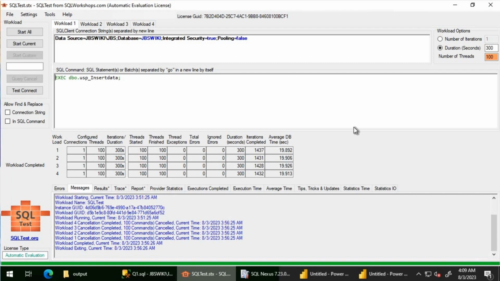Okay, so the tests are completed. We ran this test with 4 workloads, executing the stored procedure USP_InsertData, which basically inserts data into that table 1. We ran it for close to 300 seconds. And what we're able to see is that the stored procedure execution count is close to